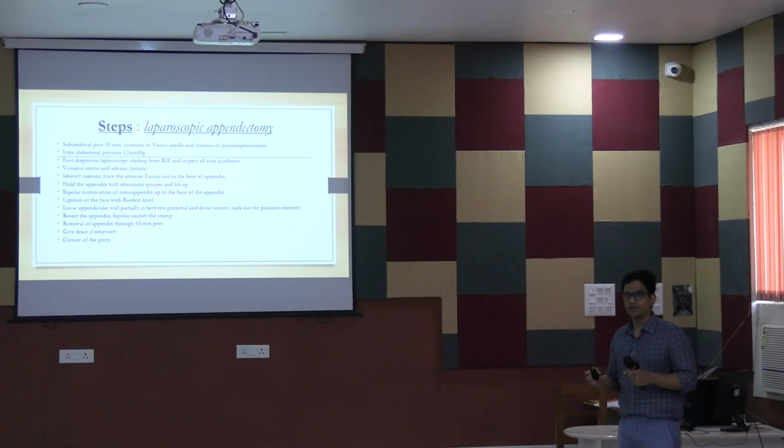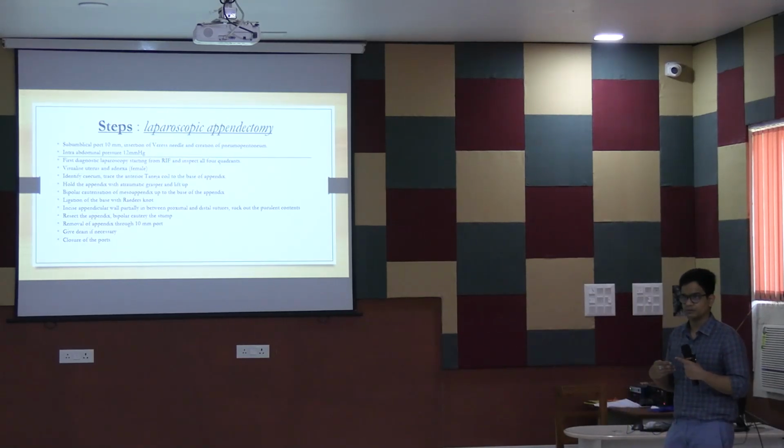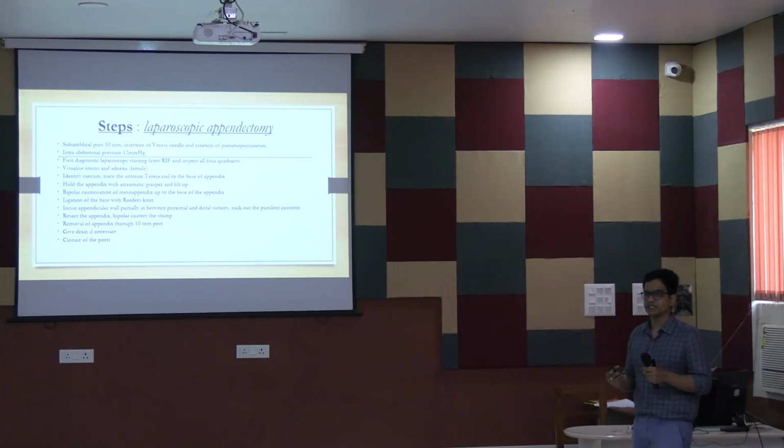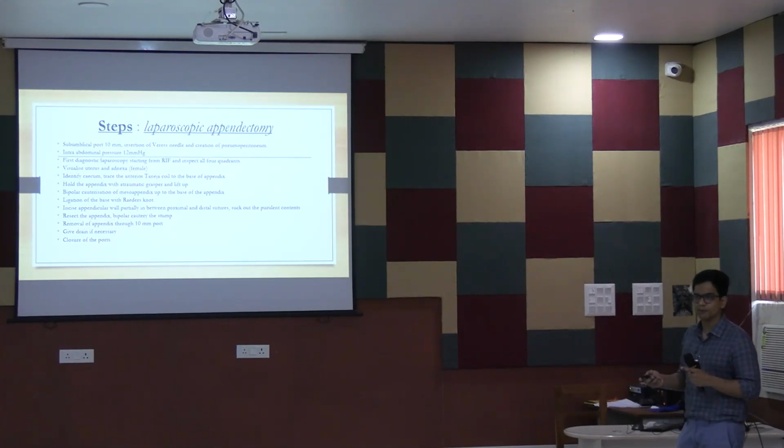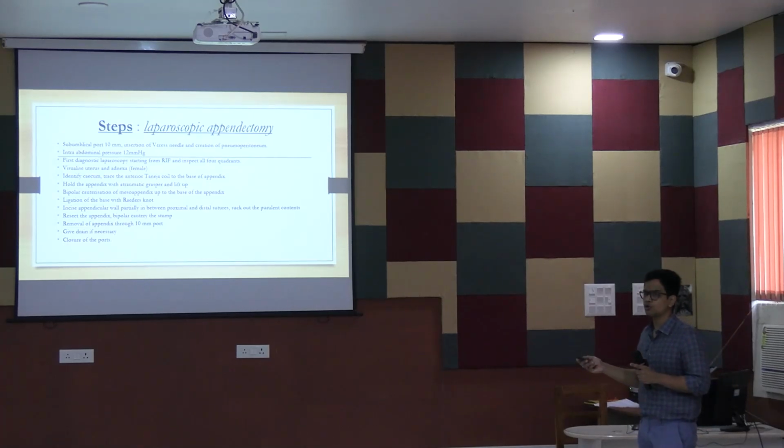On entering the abdomen, you should first look where the bowels are, and see if there is any pus in the abdomen. That shows whether the appendix is perforated or not. After seeing that, you should follow the bowel loops and see where the tinea ends. You can see a dilated bowel, that is the cecum, and on finding the cecum, you will see that the appendix is present there. Usually in cases of acute appendicitis, the appendix is adhered to the bowel. So very slowly and gradually you should dissect the appendix, locate the mesoappendix, tie the mesoappendix, cut the appendix and take it out. This is in brief. We'll go on to open appendectomy.